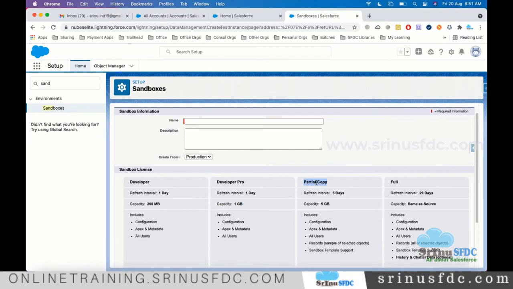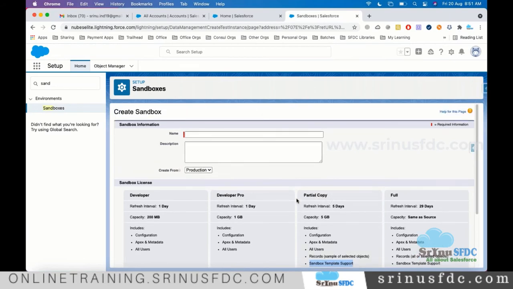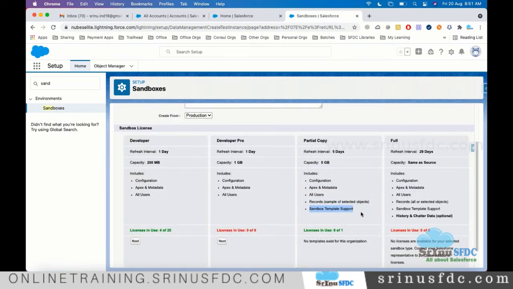Partial copy, as the name suggests, can partially copy the real data from the production. Whatever real production data is there, some amount of it can be copied. Which data do I want to copy? There are templates. We create a template, and in that we decide from which table you want to copy and how much data you want to copy.